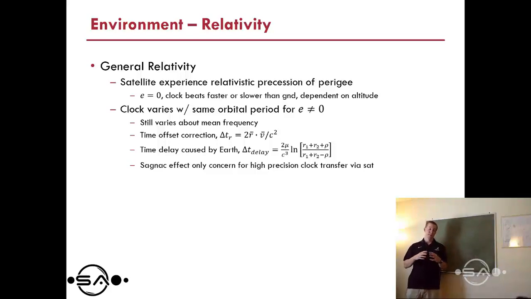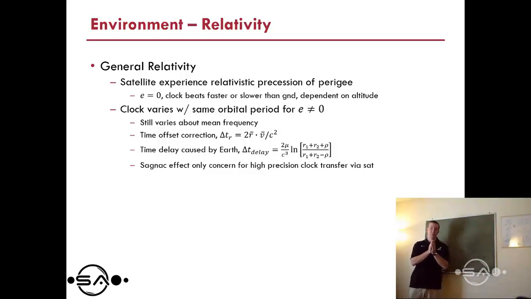The technical term is that a satellite experiences relativistic precession of perigee. The clock varies with the same orbital period when we have a non-circular orbit. So it still varies about the mean frequency that we're transmitting at, but we have to consider some time offset correction because of